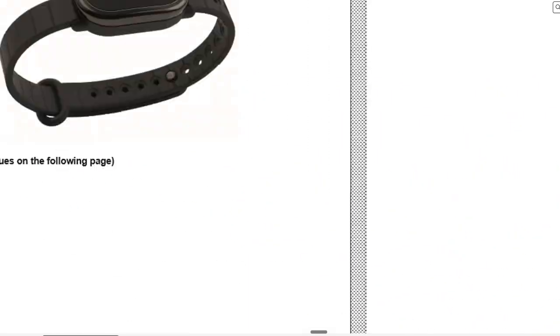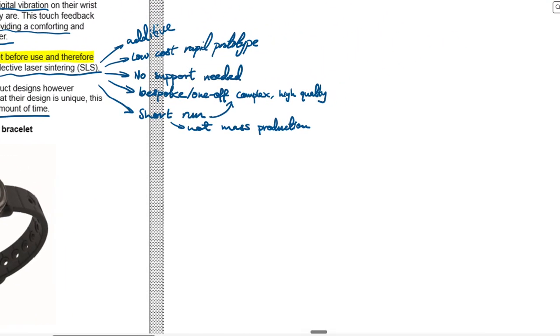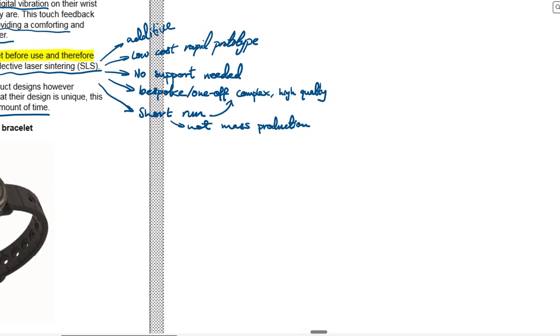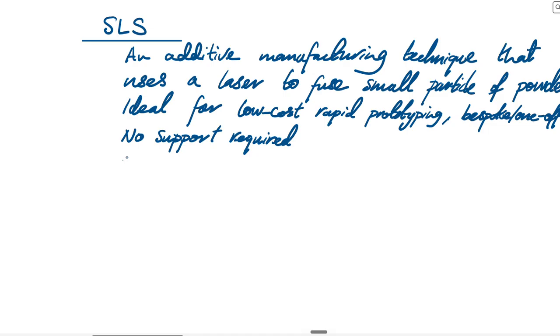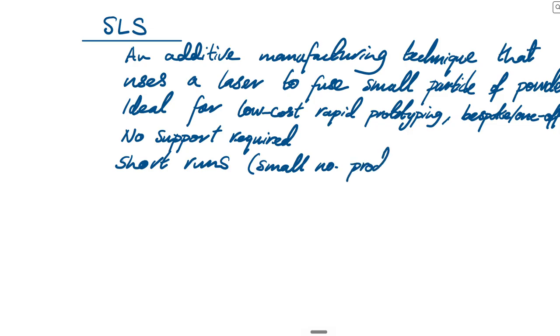And let's see, what else did we mention? We mentioned short runtime, and yeah, that's essentially it. No support required and short runtime, right? So these are some advantages. Short, sorry, not short runtime, short runs, which means small number produced. Okay,